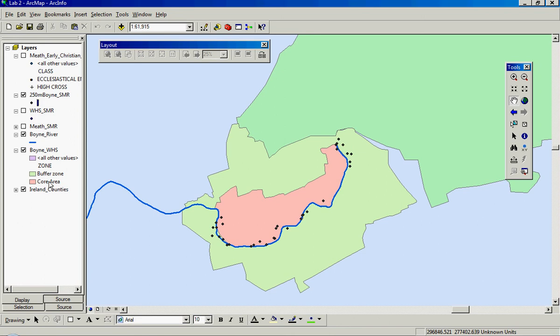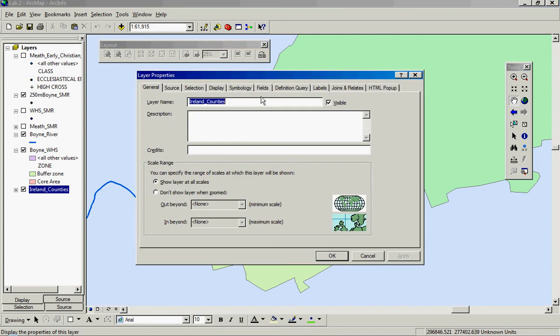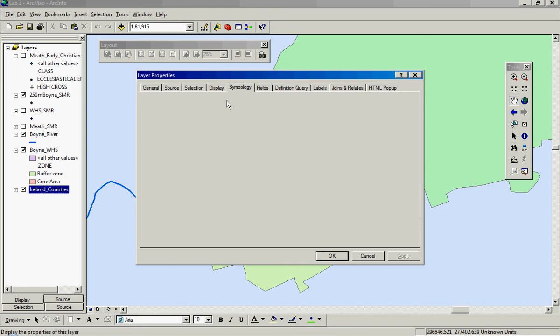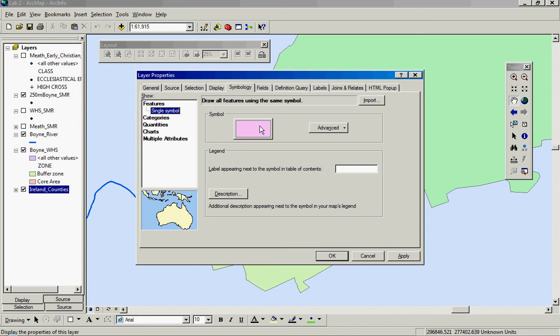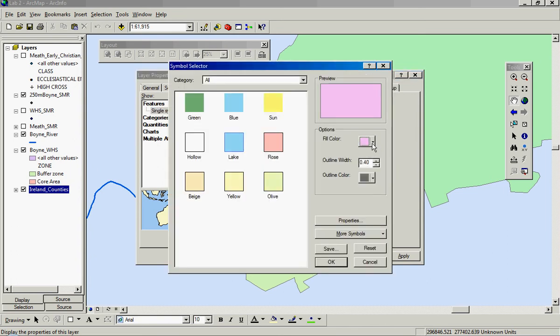Where are we? Ireland counties. Go into symbology, properties. Okay, and then we click on symbology. And this gives us the options as to how we display things. So before we switch from features to categories, we're going to actually go back to features. We're going to select single symbol, and we're going to create just a very neutral